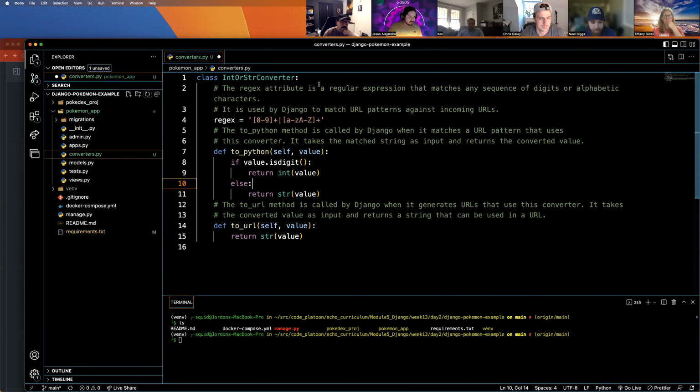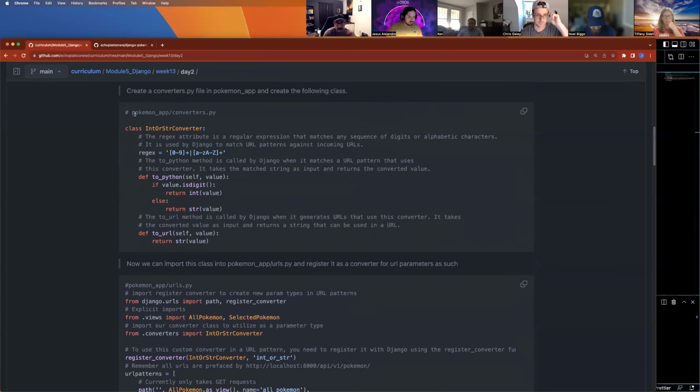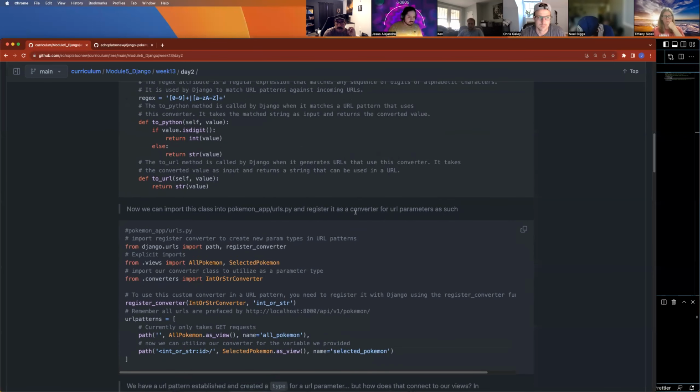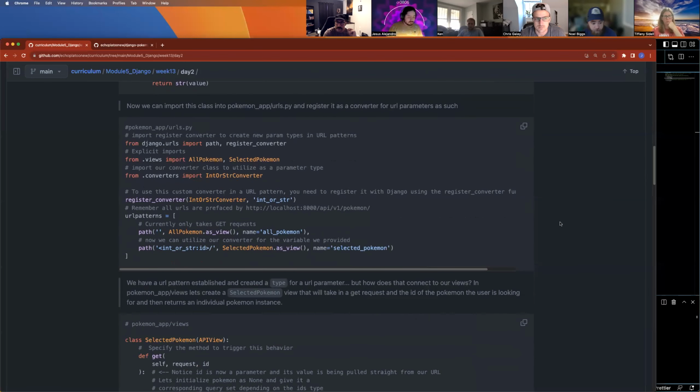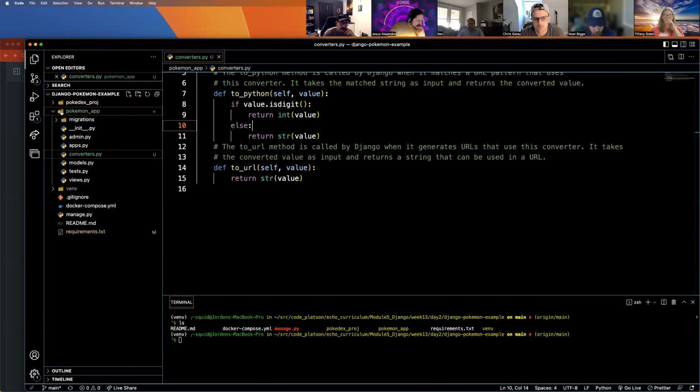How are we going to use this? Well, we've slapped that in there. Now we can import this into our URLs. Our URLs should be able to leverage these functions, this class we built. So in Pokemon app URLs.py,